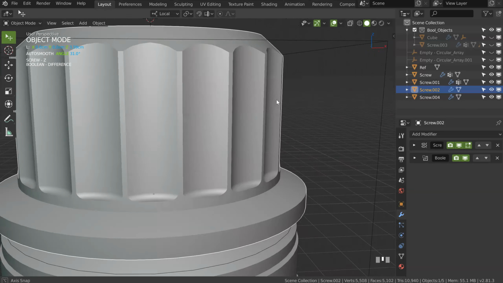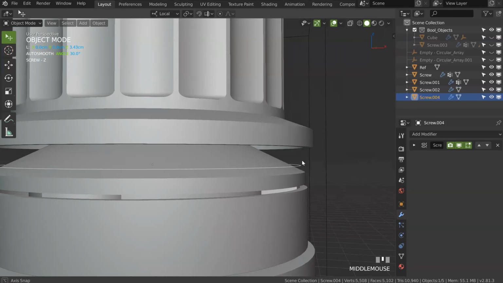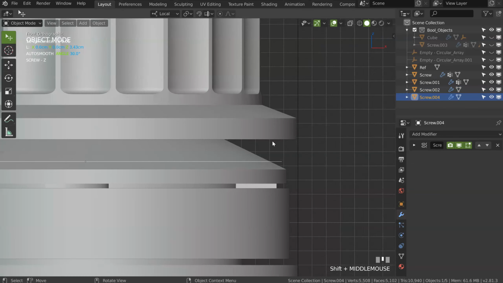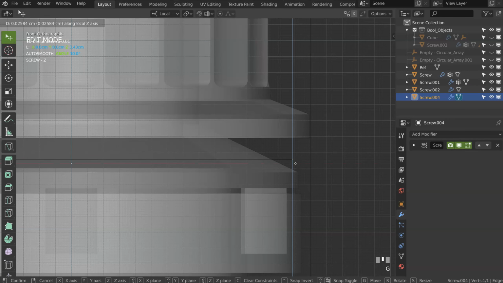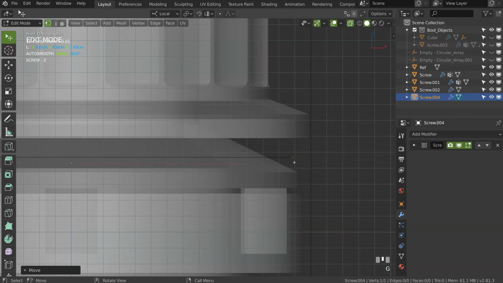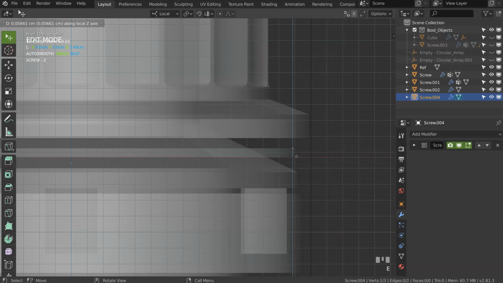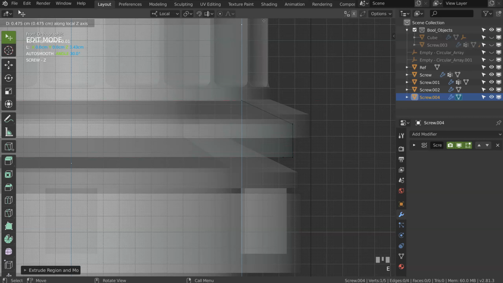That seems to be correct on this one, so this is nice. Come back here, up. I will maybe move it here. I will press E, like that, E, and E, blam, press G. I will do something like that, up.